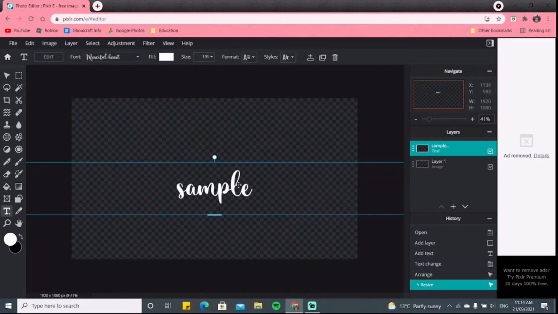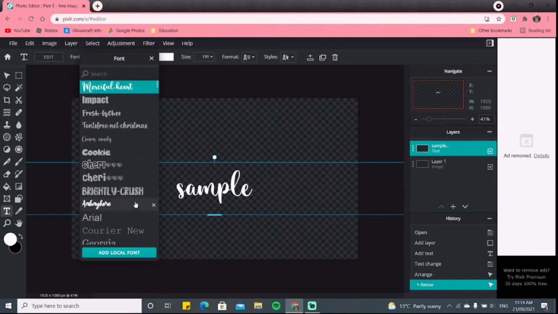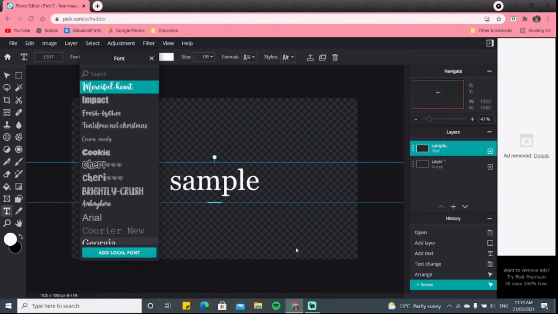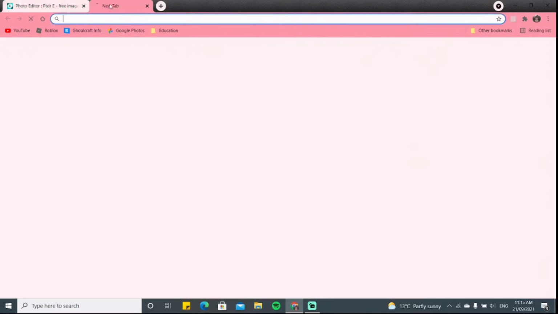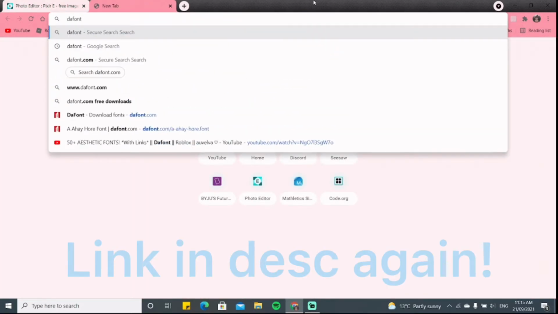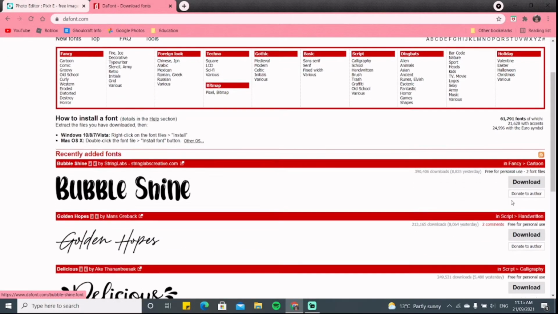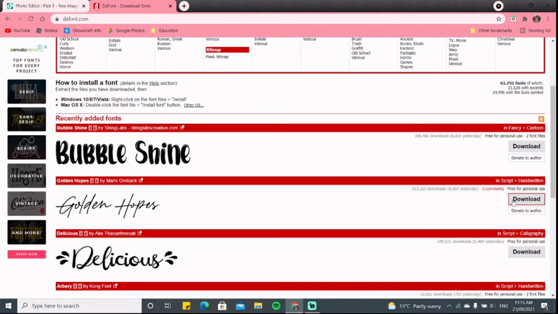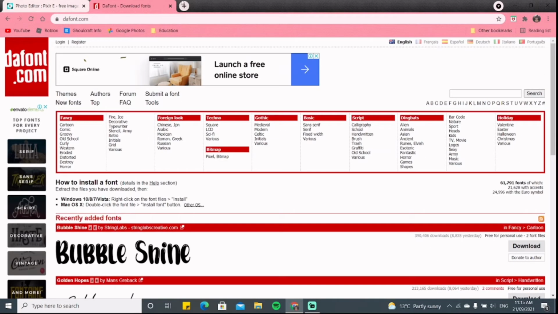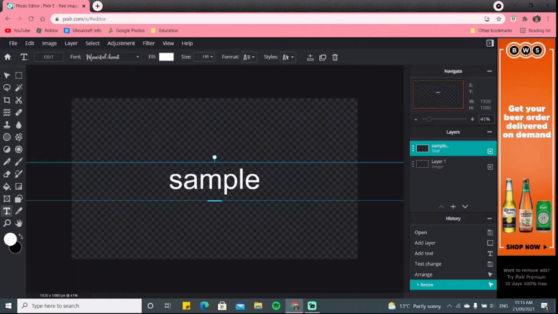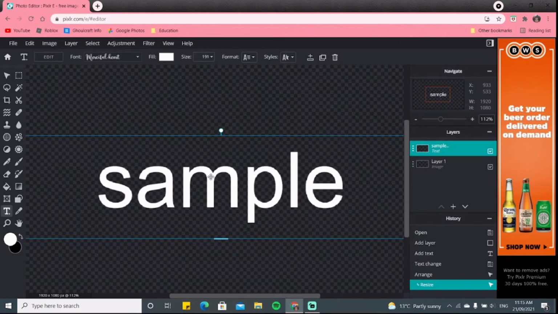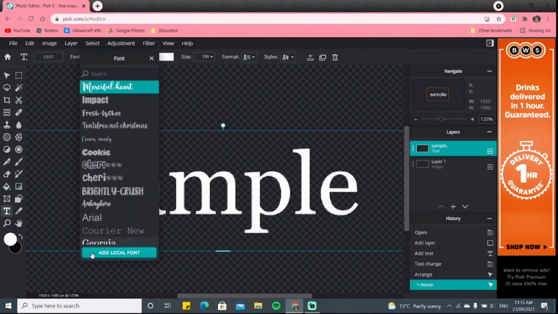And then you can choose any font, or you can go add local font. The way you can find a font to add is you just go on this app, and then you can download it, and then you will go onto here and then go to here and click add local font, and then you